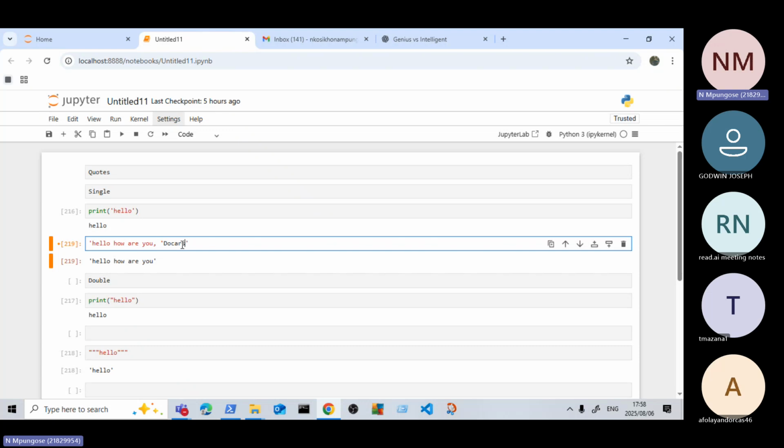In this case, I have the word Dorcas, then I can use the double quotes. If you have a single quote inside, maybe inside the word, then you can use the double quote.